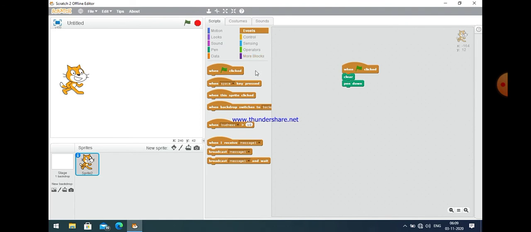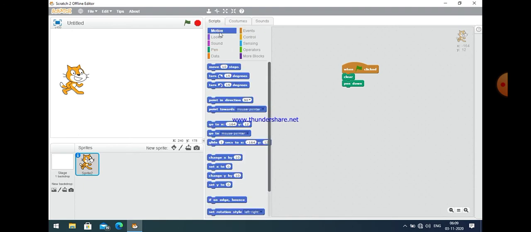Then these are the different categories. Okay, so it is not possible to learn all these at the same time, so we can learn them one by one.